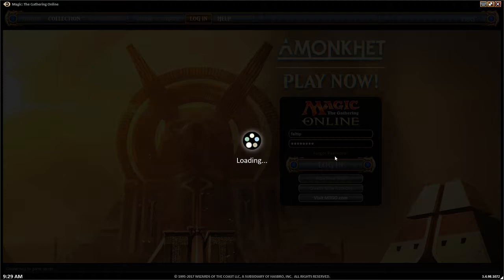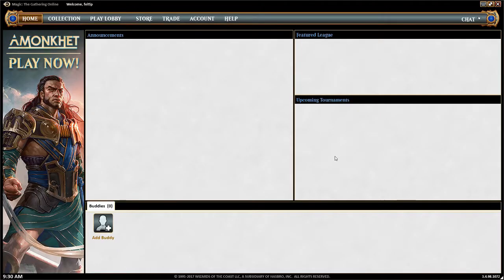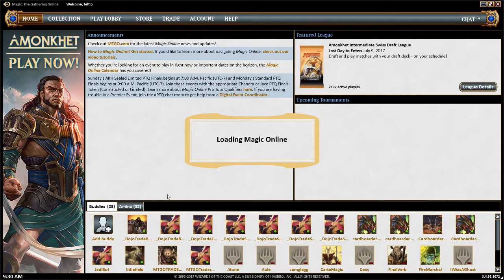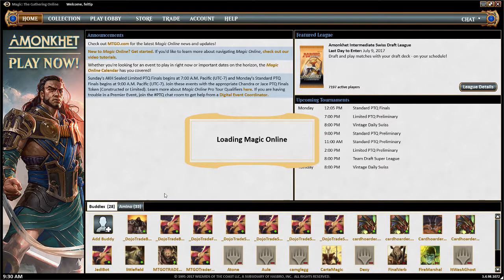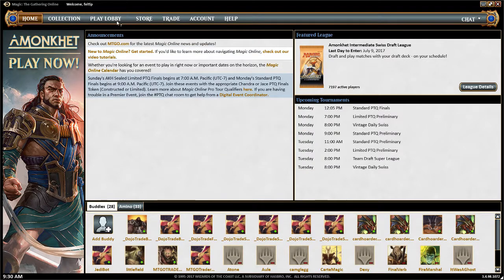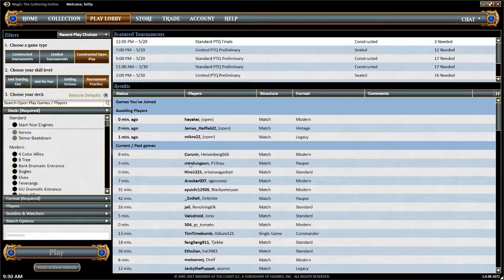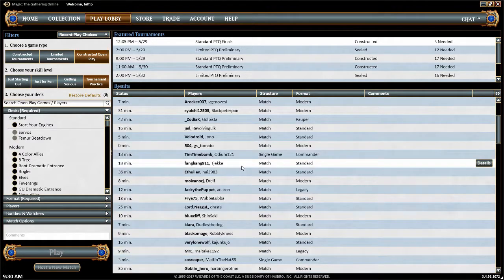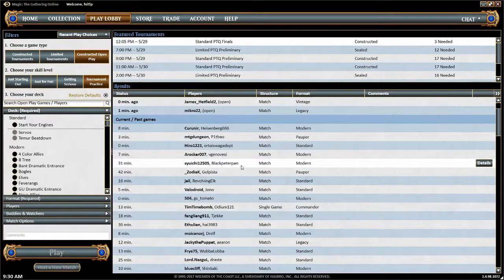Thankfully Magic Online will hang on to your active battles should you have to drop for whatever reason. So we will jump right back in to our match and hope it didn't horribly jump through my turn or anything. That would be unfortunate. Once it loads back in, we should be back in and good to go. Go to the play lobby. Now sometimes it will. Okay, sometimes it'll auto restart the game for you. It does not appear